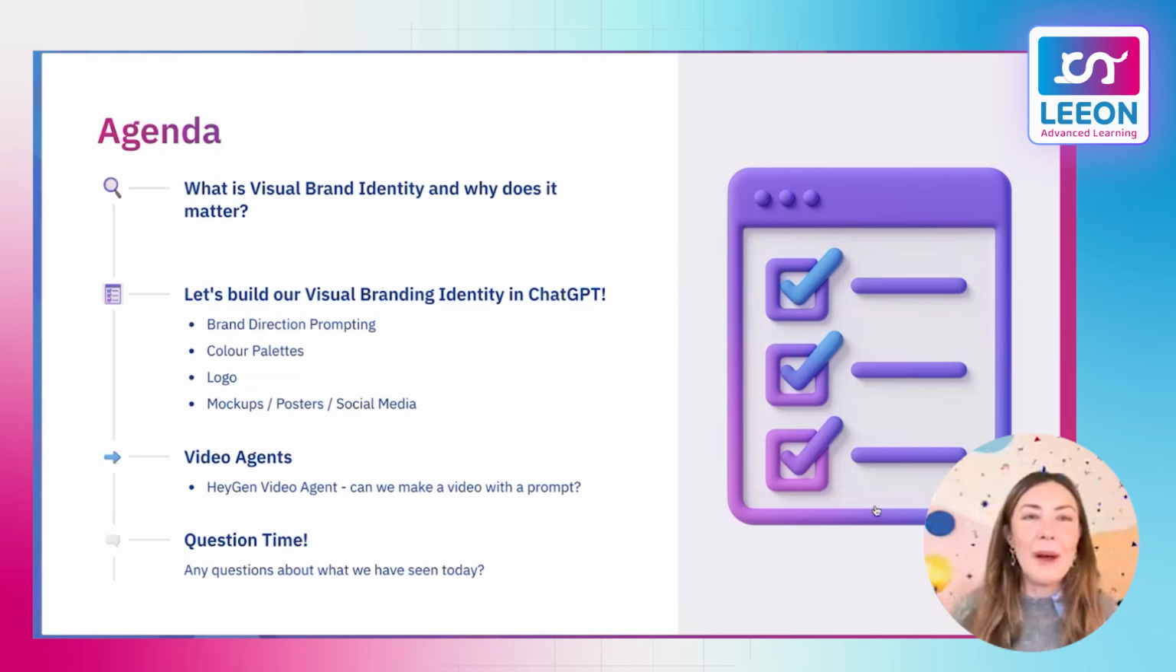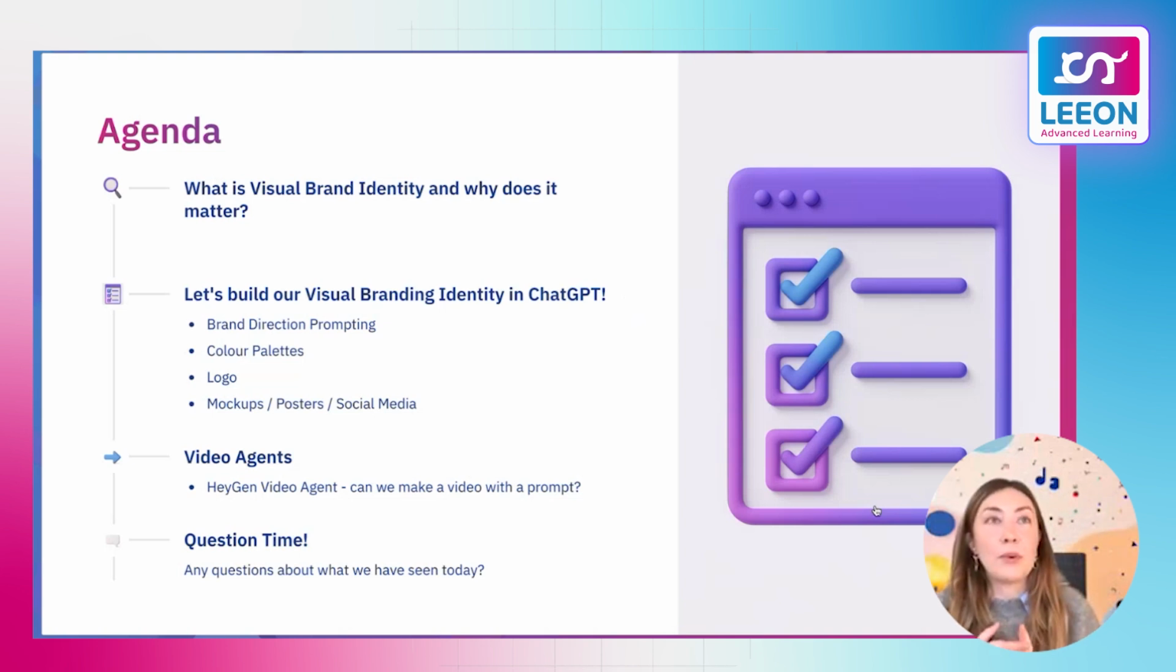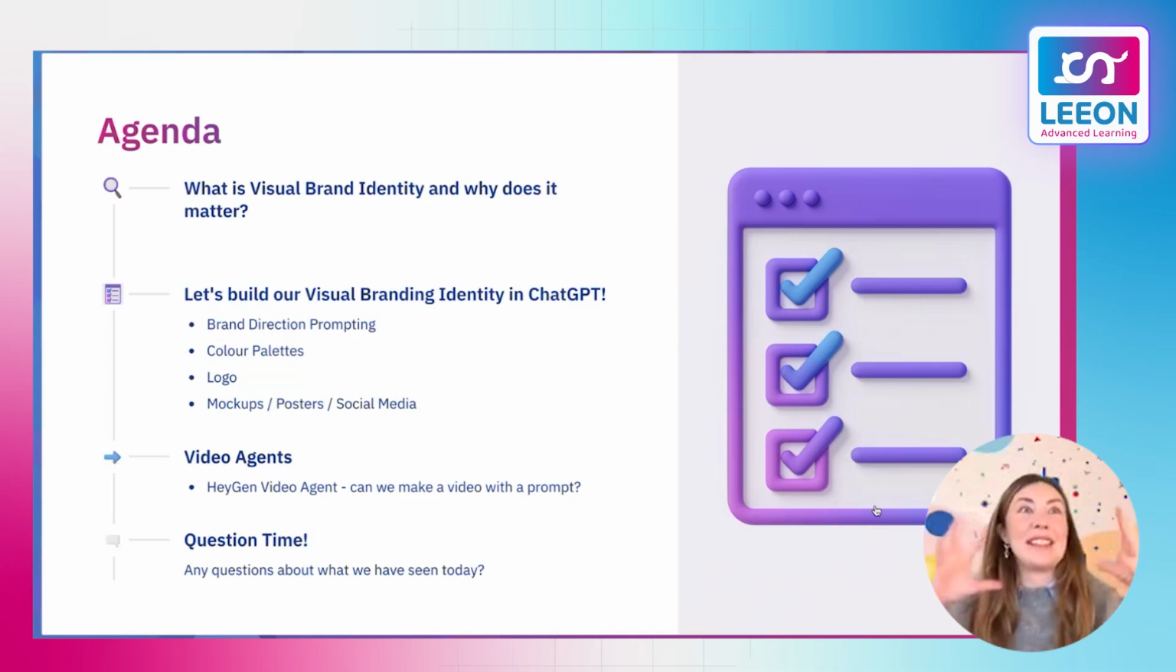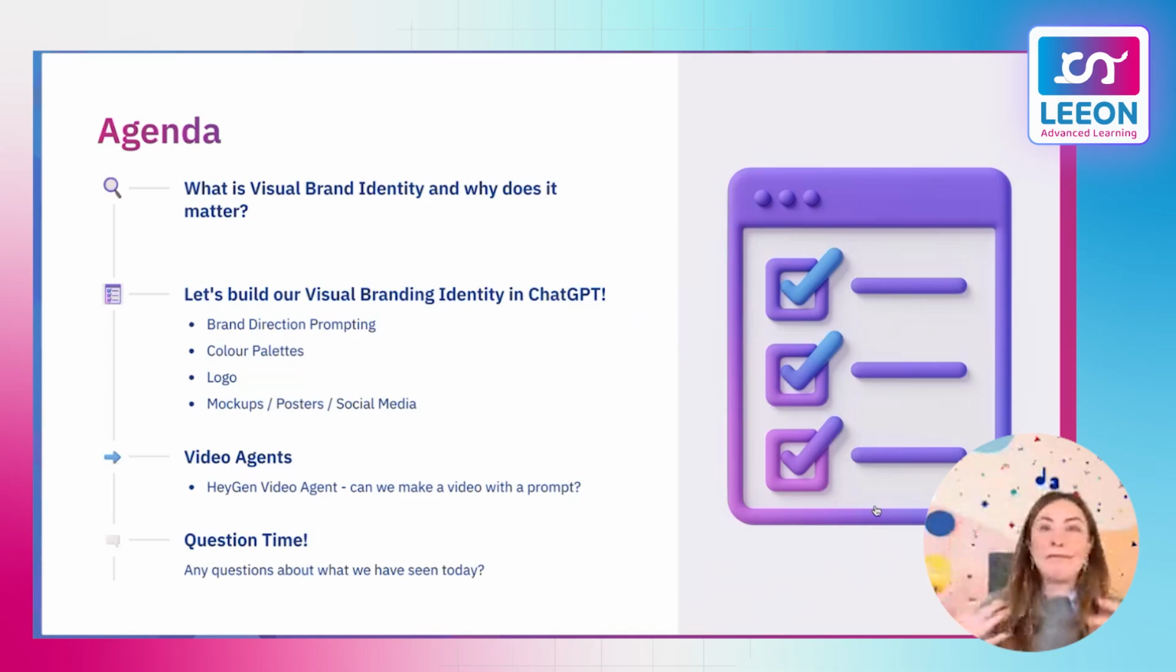So I've come up with a fun little concept today and we're going to build it out. We're going to do some brand direction prompting. We're going to get some color palettes. We're going to use the brand direction prompting and those color palettes and establish a logo that really represents the brand. Mock-ups, posters, and then the fun part is that HeyGen has just released an update of their new video